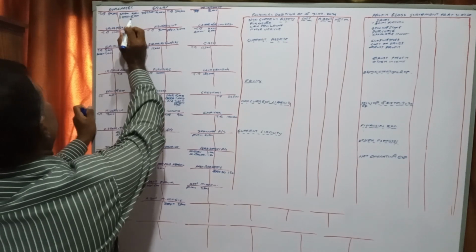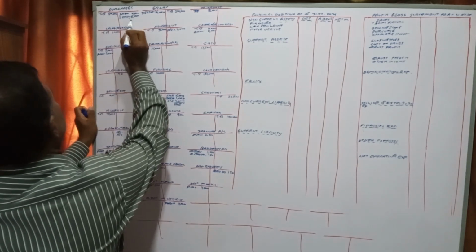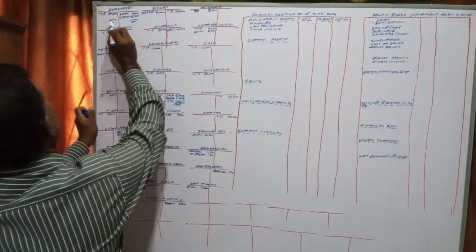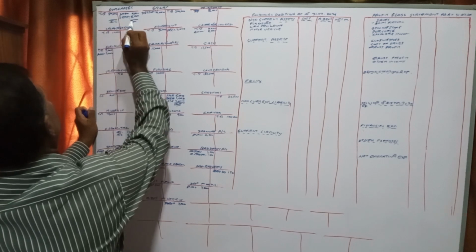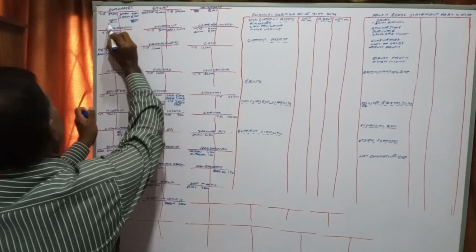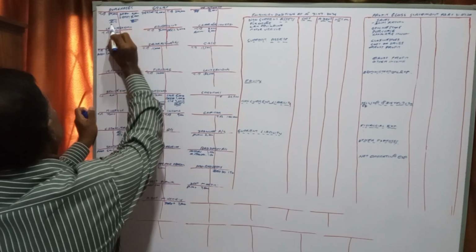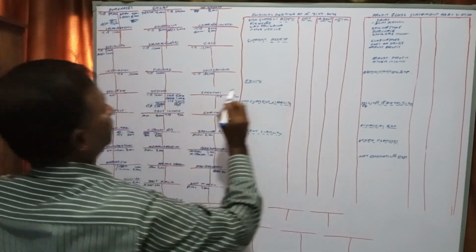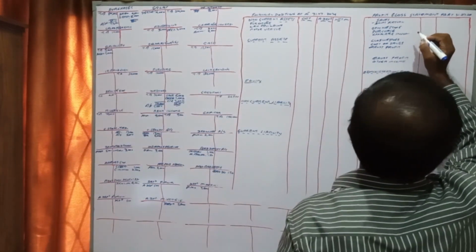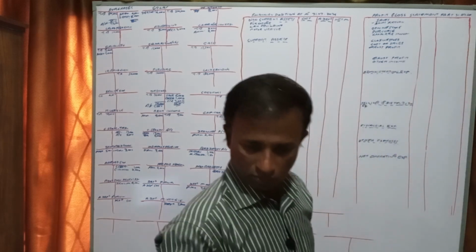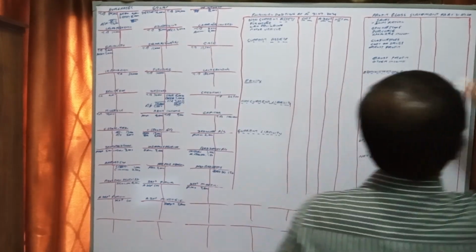Purchase account 80,000, then 73,000. Brought forward, right? Brought forward purchase account 73,000. Another one line more needed,